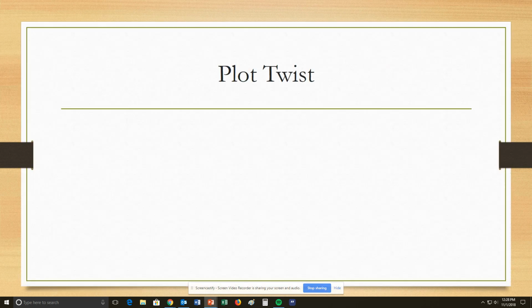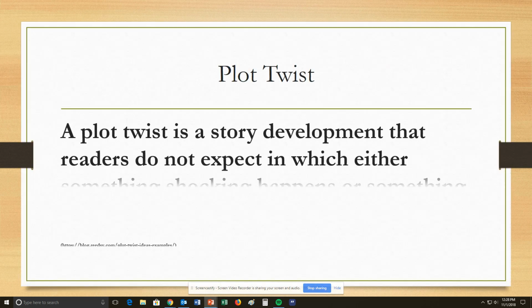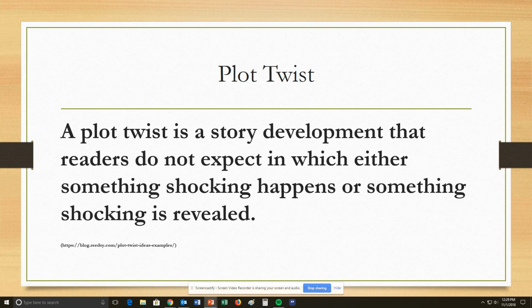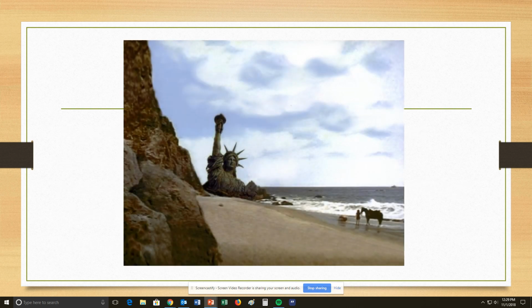Okay, moving on. A plot twist is a story development that readers do not expect, in which either something shocking happens or something shocking is revealed. This is very common in literature and in movies, and when done properly, it can be very effective. When done incorrectly, not so much. So again, we will look at both. For example,